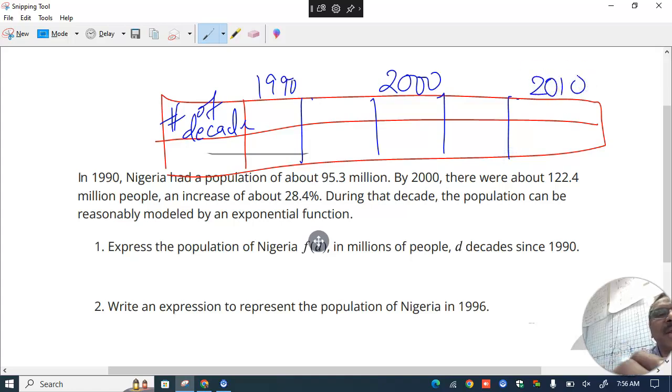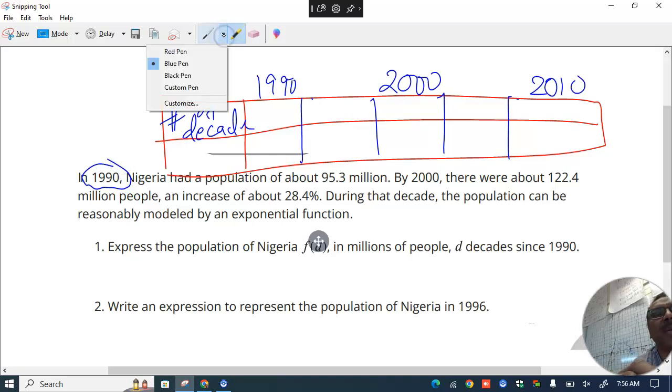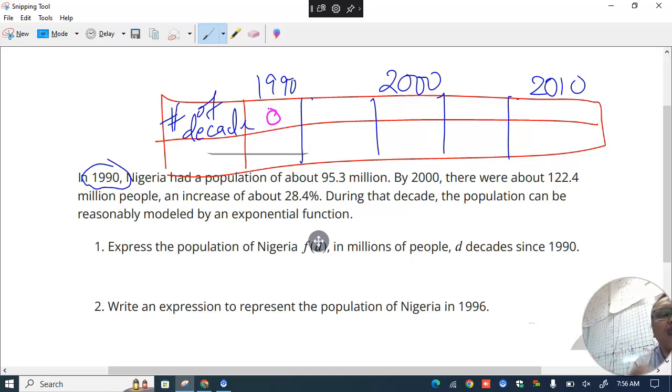The beginning is when the population was measured in 1990, so at zero decades they checked the population, and they use f(d). So d means the number of decades since 1990, and f(d) is the